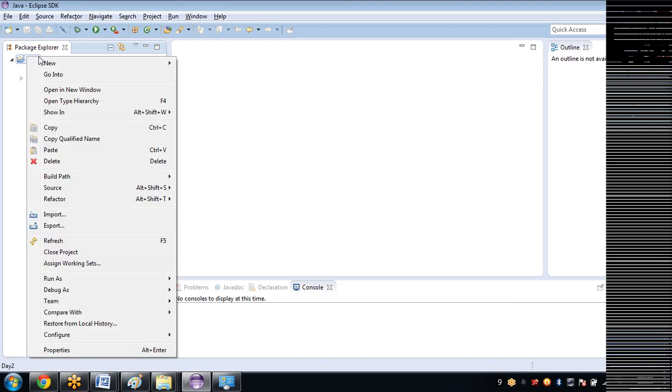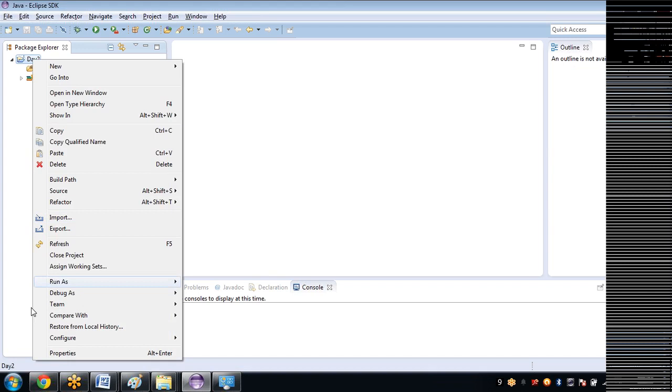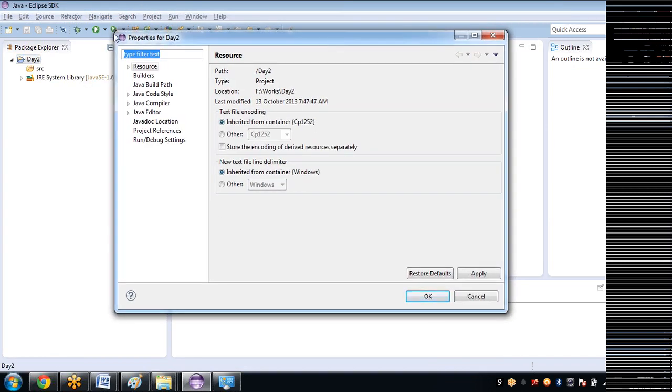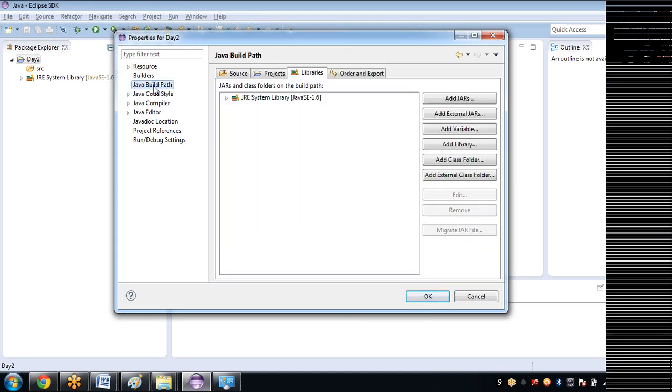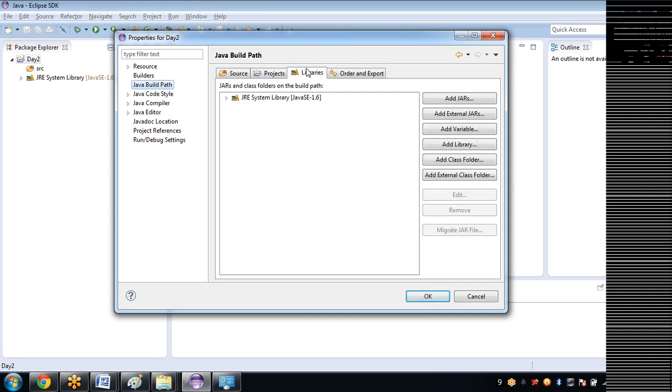Okay, right click, properties. And here go to Java build path. Once you click Java build path, then go to libraries tab here.